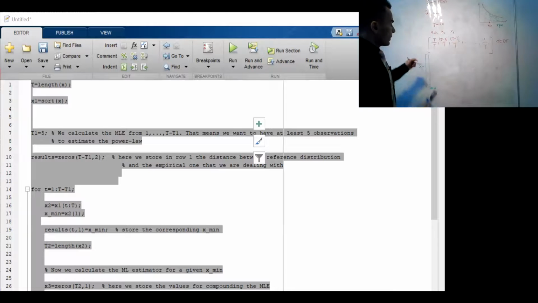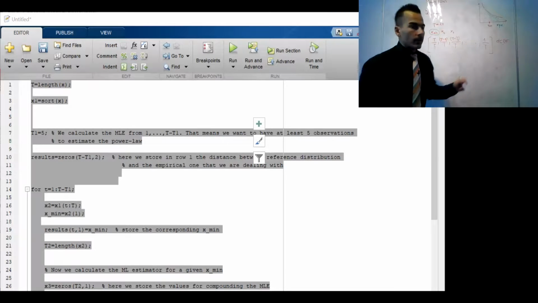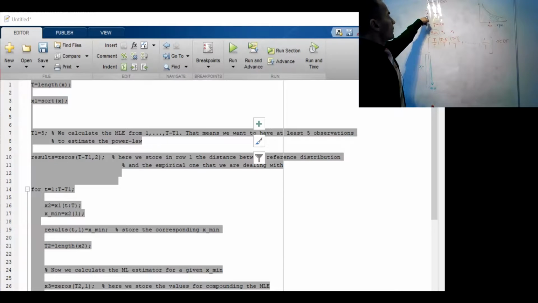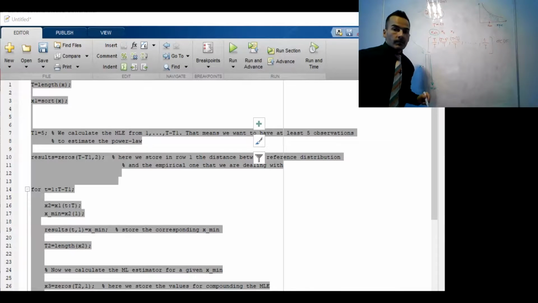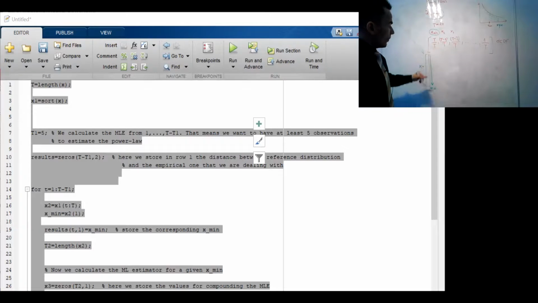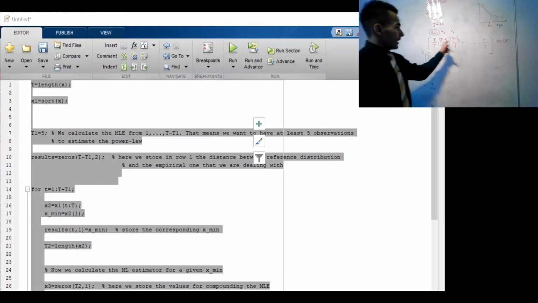What we do is we can sort this vector from smallest to highest observations, and then we can compare. We can plug in each of our values of the sample, having the estimated alpha and the x minimum. Again, we can simulate the theoretical density function using our simulation method. Okay, so we then have realizations of the simulated vector of that corresponding theoretical distribution. We sort it from the lowest to the highest observation, like it is the case in our